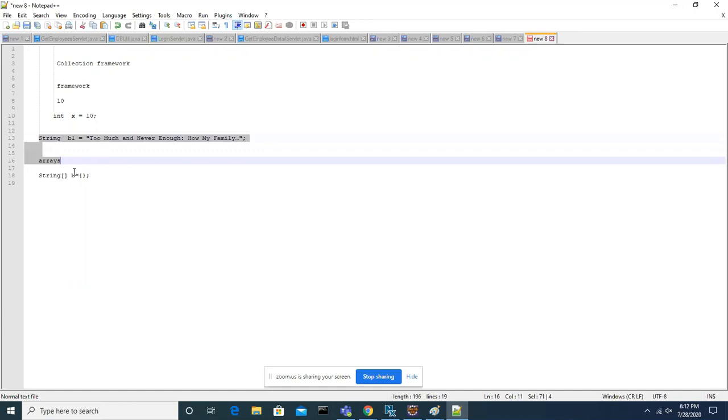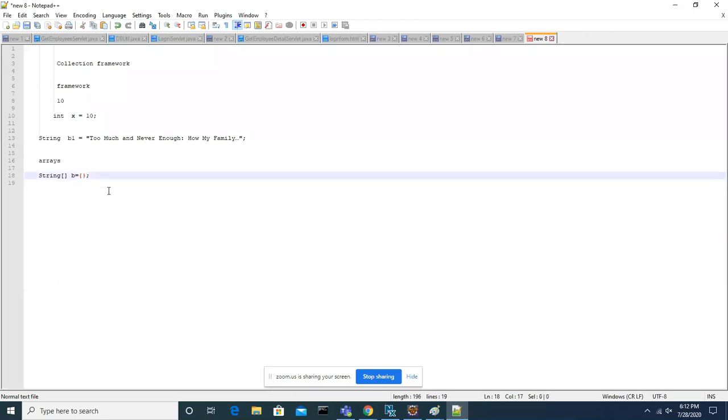So for that problem, we have a solution called arrays. What are arrays? If you declare an array variable, then that array variable will be used to store multiple pieces of information, like a group of values. Like this you can mention 1,000. But you need to know in advance how many books; only then can you store.